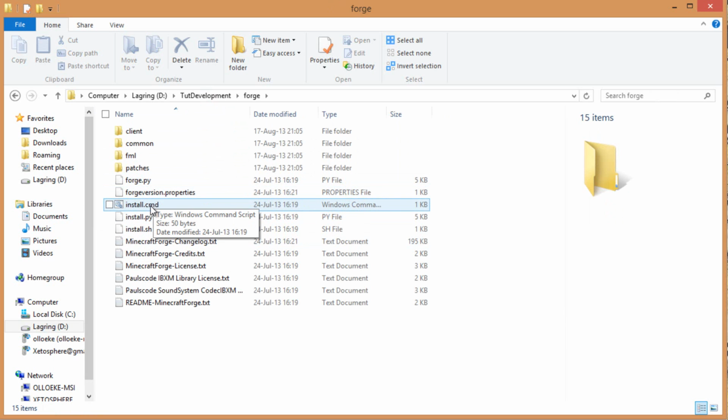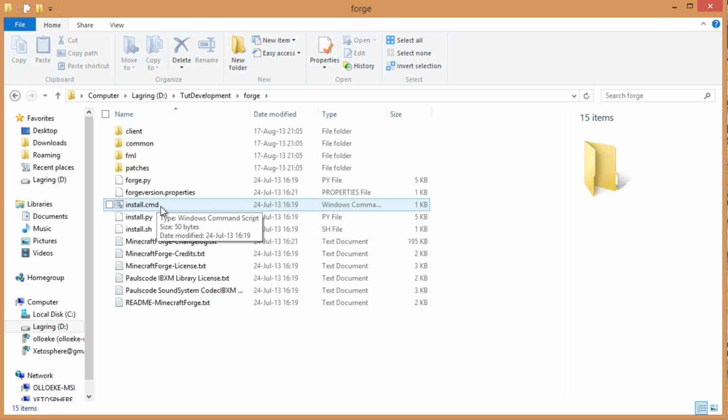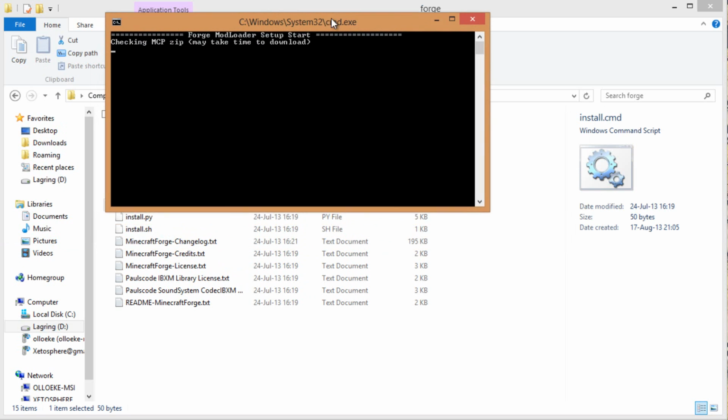This is only for Windows, I do think. The other ones use the sh file, the install.sh, or pi. I don't know what uses pi, but I know Mac uses this one. Since I'm using Windows, I'm just going to double click this, and this will pop up,